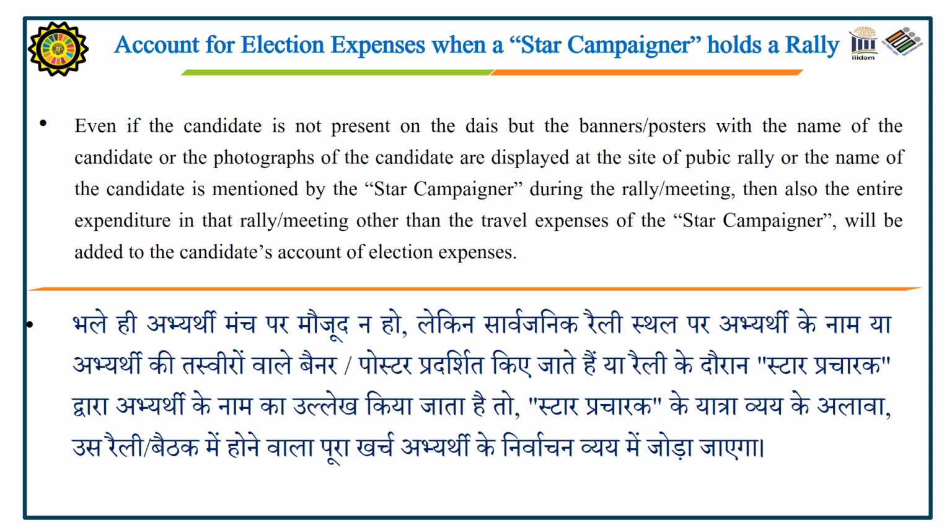Even if the candidate is not present on the dais, but the banners, posters with the name of the candidate or the photographs of the candidate are displayed at the site of the public rally, or the name of the candidate is mentioned by the star campaigner during the rally or the meeting, then also the entire expenditure in that rally or the meeting, other than the travel expenses of the star campaigner, will be added to the candidate's account